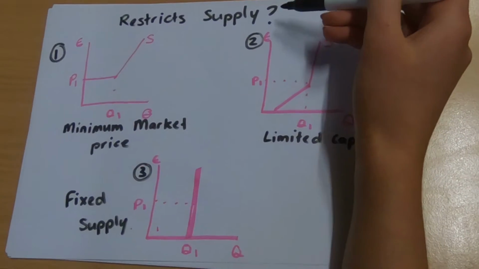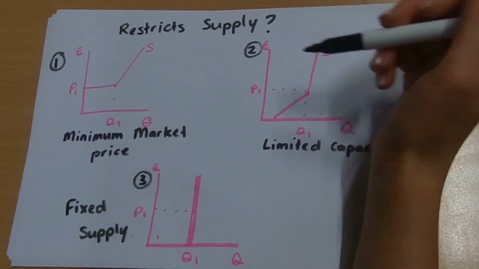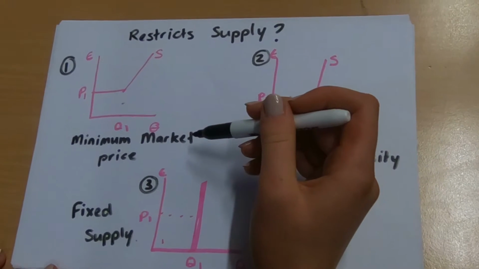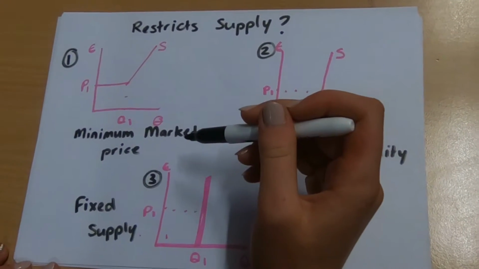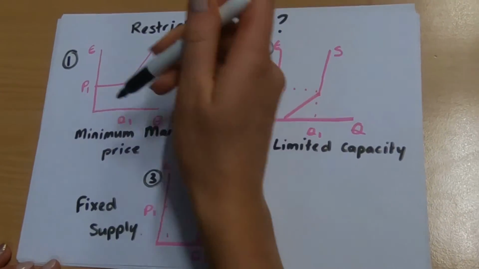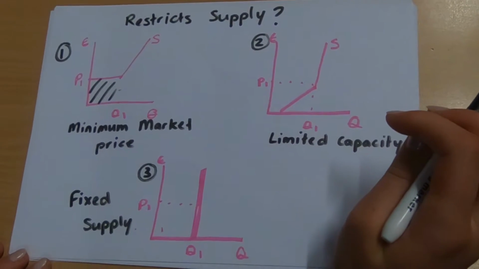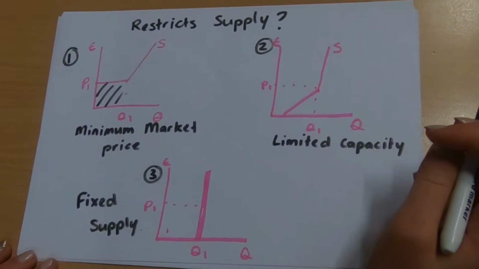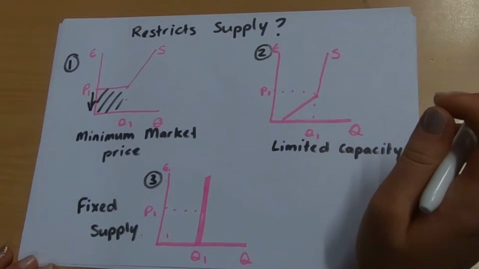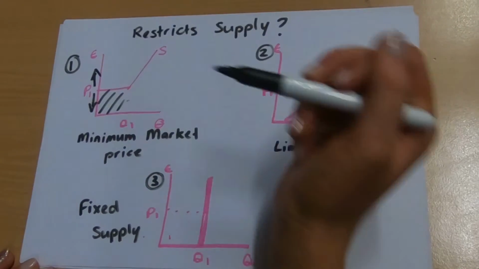Now we're going to talk about what restricts supply. So there are three factors that restrict supply. The first factor is a minimum market price. So this means that firms can only charge a minimum amount if they want to make profits. This is a cost in this area. It's the cost that it costs firms to produce a certain good. Below this cost, anywhere below P1, firms will be making a loss, and anywhere above P1, firms will be making